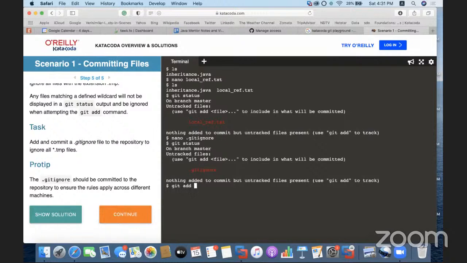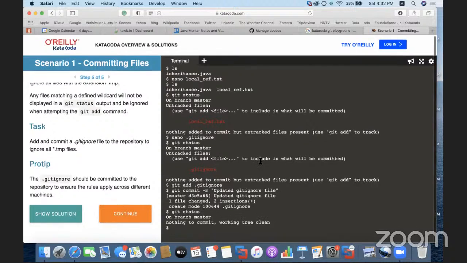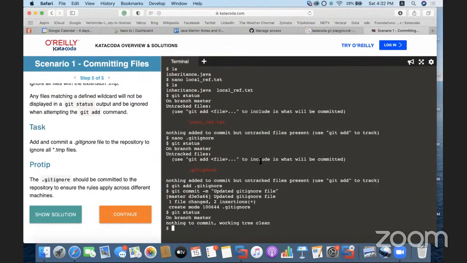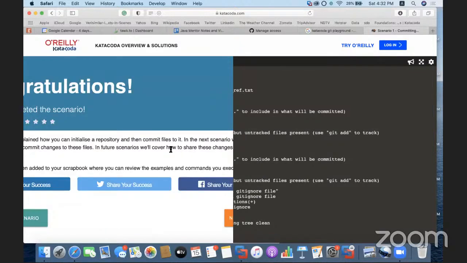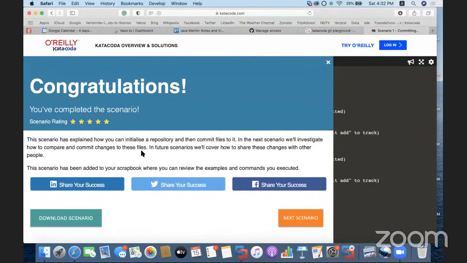So you have to git add .gitignore. अगर आप इंश्योर करना चाहते हैं कि जो भी रूल्स आपने इसमें डिफाइन किए हैं वो काम करें, तो उसके लिए आपको इसको भी कमिट करना पड़ेगा, ठीक है। git commit -m and updated git ignore file, ठीक है। This was my second update, okay. So if I see the status, nothing to commit, the working tree is clean, okay, और दोनों फाइल्स रेडी हैं पुश होने के लिए। So this is how you are done with the first scenario।